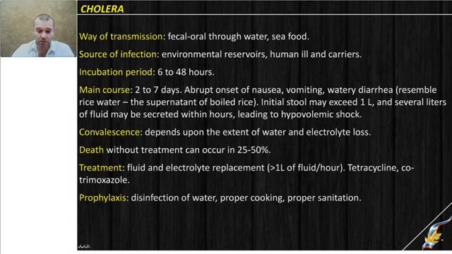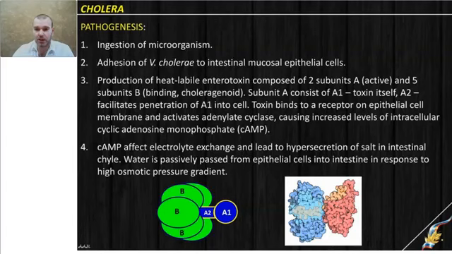But of course, no one will want to risk, and no one will want to try their chances, and antibiotics should be prescribed almost always. Tetracycline is the classic drug of choice, and Vibrio is still susceptible to tetracycline group of antibiotics. The same prevention measures as for any other GIT disorder: proper sanitation, proper cooking, and supply of clean water.